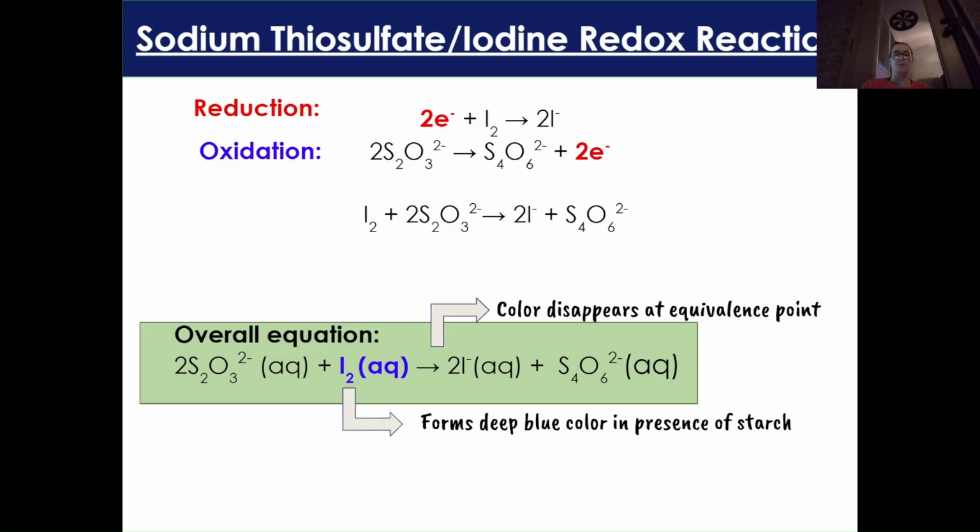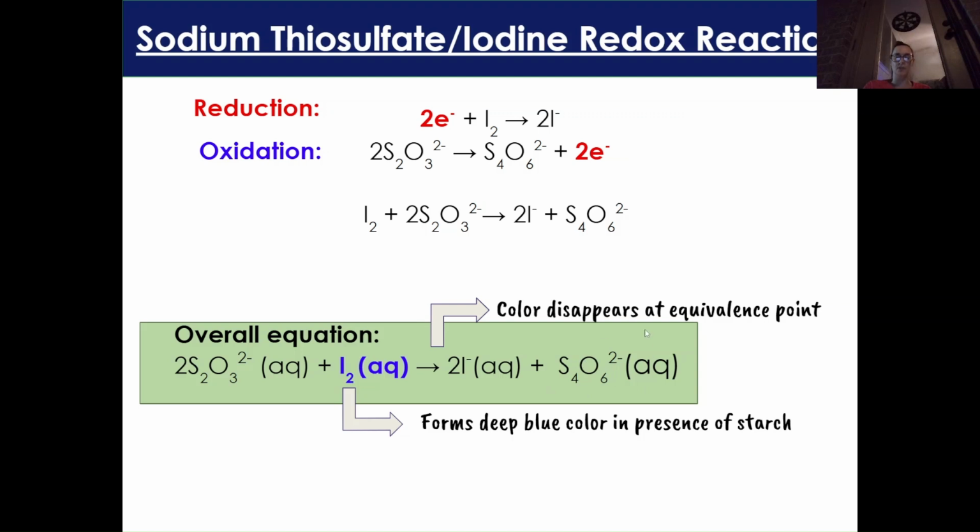Okay, so when I do that, I add the half reactions together to get this one here. And this is my balanced redox reaction for the titration. So this is the one I care about when I'm trying to use the stoichiometric ratios in order to figure out the concentration of iodine in solution. So here's my overall reaction. Again, you can see that the iodine reacts with this thiosulfate to make iodide and something called tetrathionate,